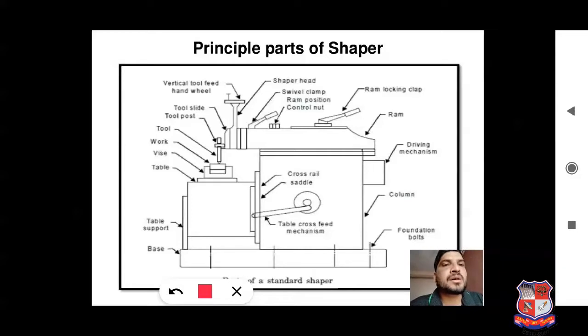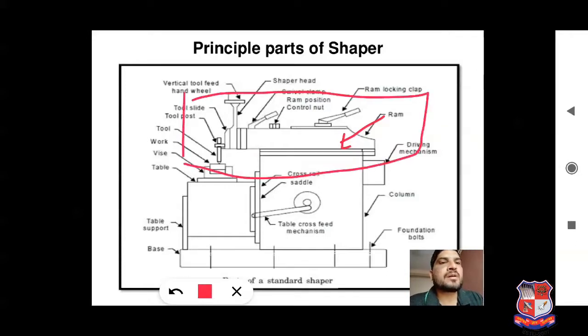Let's discuss the third part of the shaper machine. It is the ram, and it is an important part of the shaper machine. The ram is the horizontal member which houses one elevating screw. This screw can be rotated.